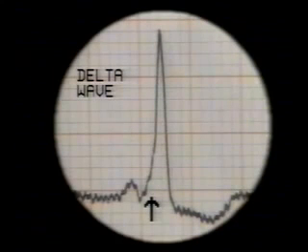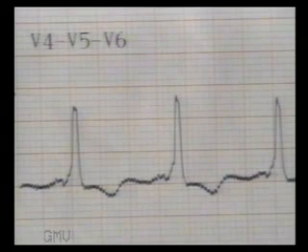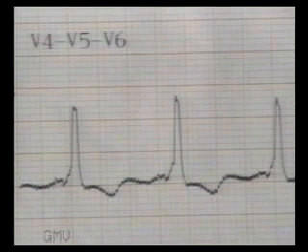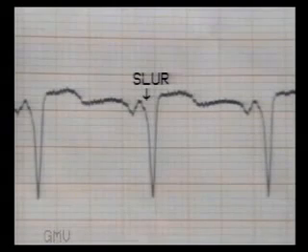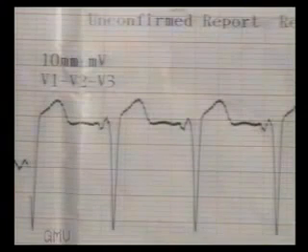The delta wave is seen in those leads which show a tall R wave, usually in lead 1 or V6. It is accompanied by an inverted T wave, which is opposite in direction to the QRS complex, indicating abnormal ventricular conduction. Whenever ventricular conduction is via the normal pathway, the T wave is in the same direction as the QRS complex. The slur of WPW syndrome is also seen on the downstroke in the leads showing a predominantly negative QRS complex. Note the slur on the S wave in V1 and the absence of PR segment.